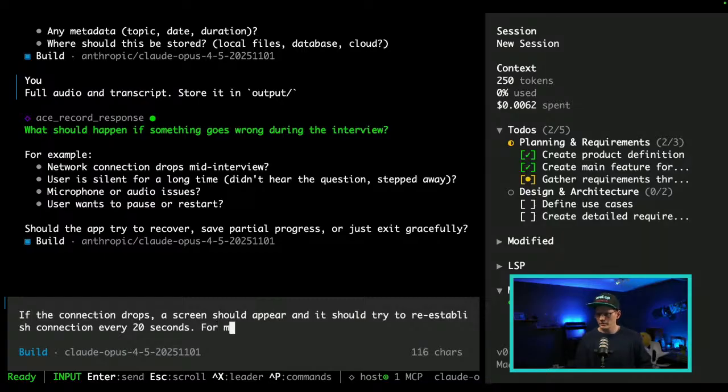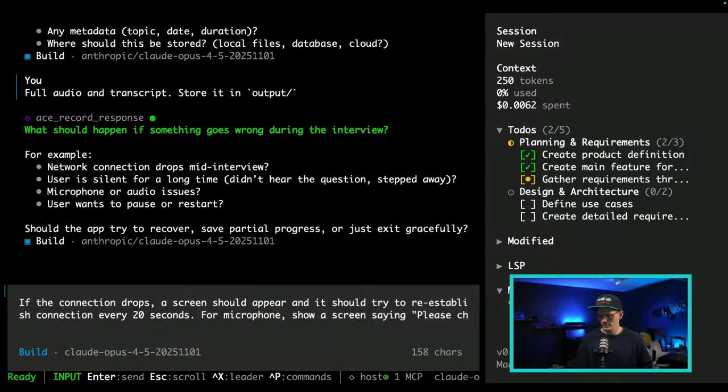For microphone, show a screen saying please check your microphone with a, I don't know what it's called, I'm going to call it soundometer.